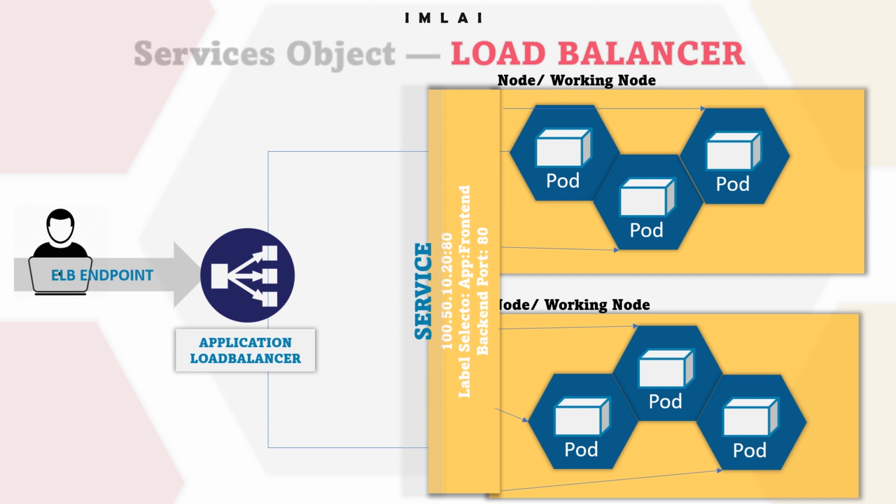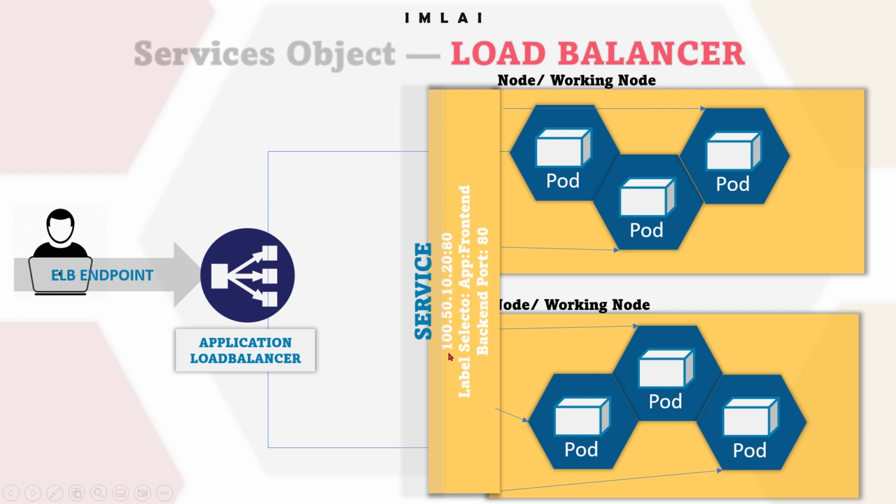Here you see that an ELB endpoint will be there, and then you have an application load balancer. Now this application load balancer, in spite of port mapping, will work in a different way. You will have a service, and the service will have a static IP, and then a port,